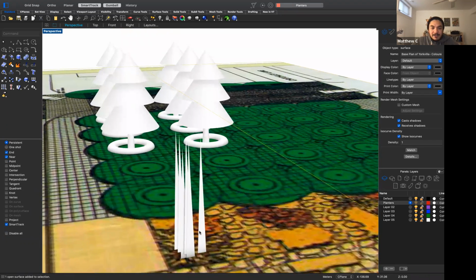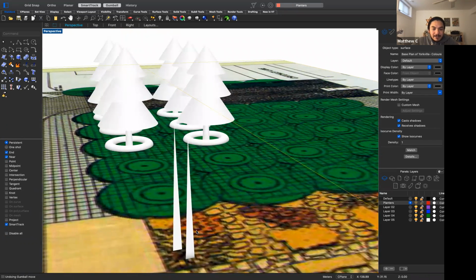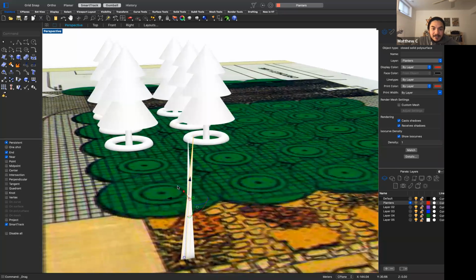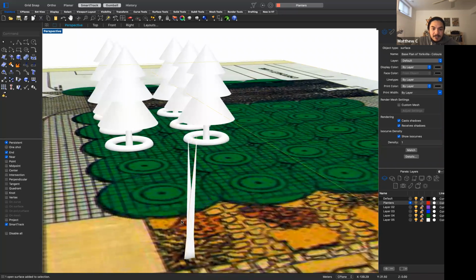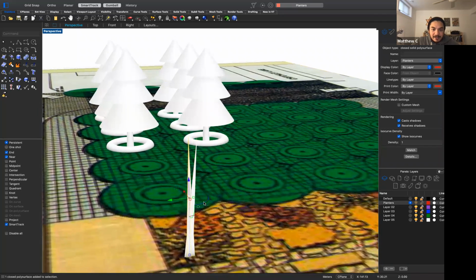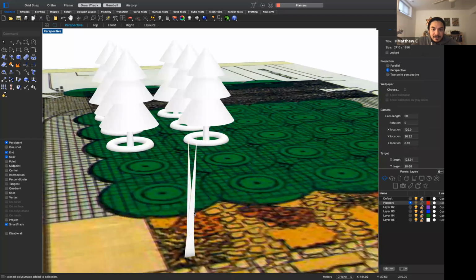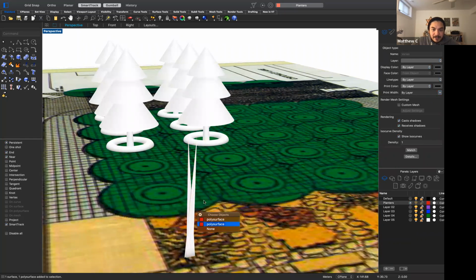That might be enough for you, but the other thing you can do is use the Gumball tool, hold down Alt, and rotate a little bit, just so it looks more like a bunch grass. It's kind of up to what you're trying to depict, right? So I go in,